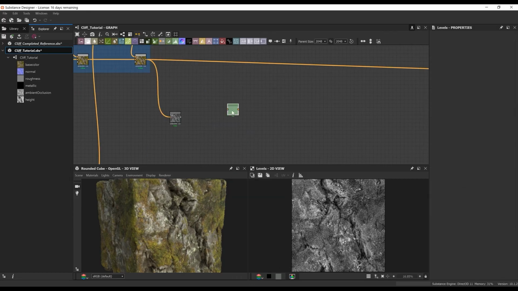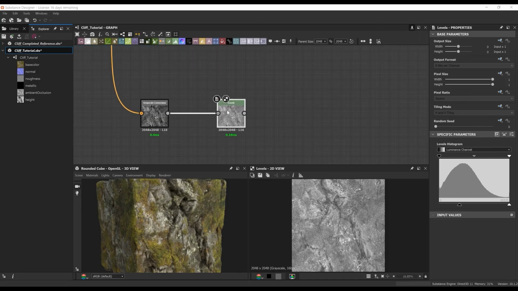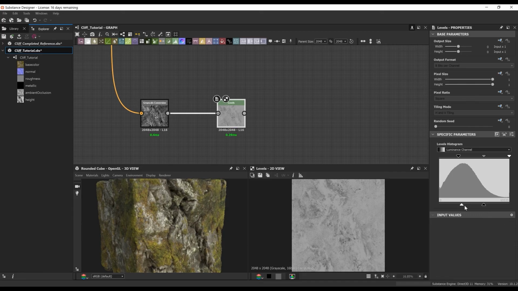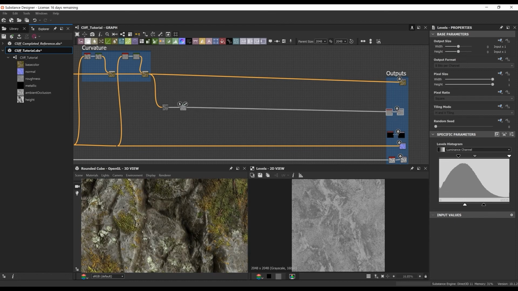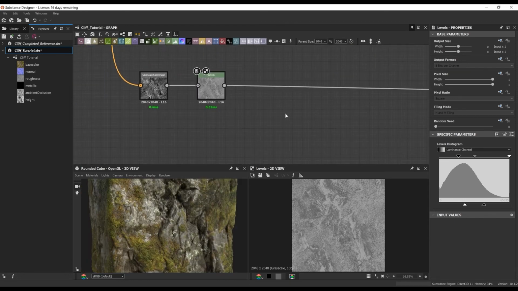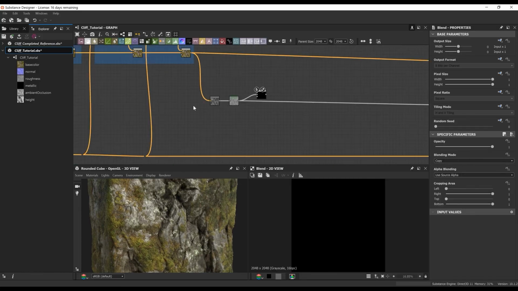I know this is the next part I'm going to be working on. So I want to start on the roughness, and to start I'm going to take our final albedo and run a grayscale conversion through it. Once we have that, it's going to give us a nice grayscale, but the values are a little bit too extreme, so we're getting a lot of darks, which is going to make the material feel almost like it's wet or something. So I bring in the levels and start getting it closer to some grayscale values.